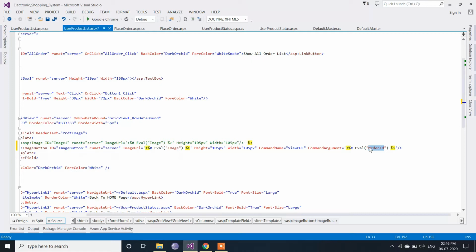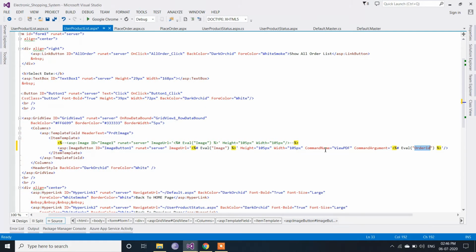So we have to pass this order ID, so that when we click on the image button, we will be redirected to the PDF generate page, and in that it will take the ID of the order which has been clicked. And the command name is just to verify: if the command name is equal to this, only then it will take the order ID from here and act accordingly.